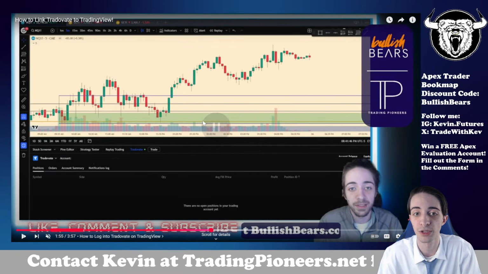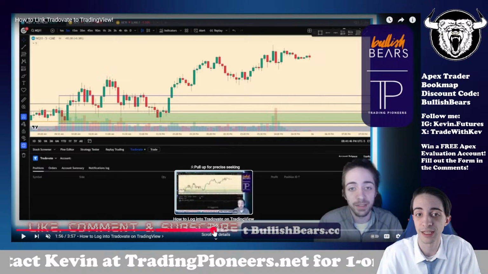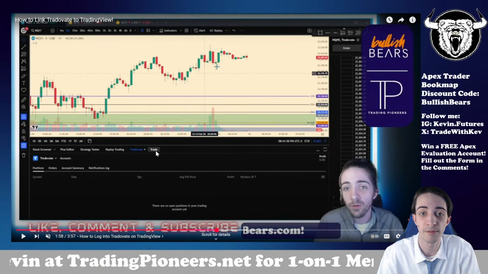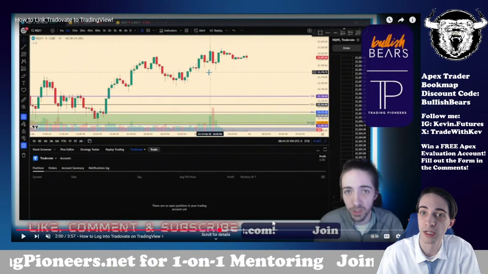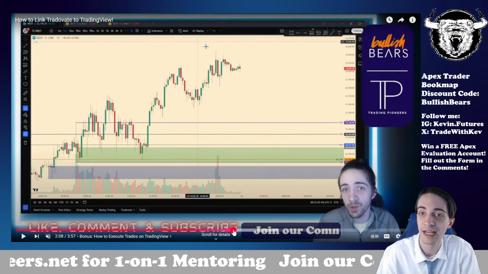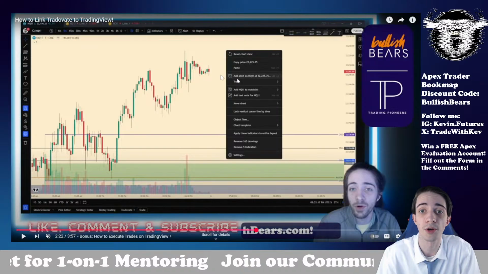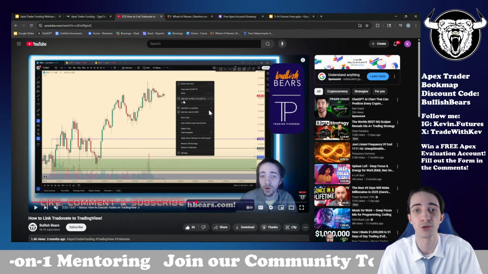Really great stuff, really useful, very helpful. I think I do also cover, if you hit the trade icon right next to Tradovate, it pulls up your depth of market on the right hand side over here, and that's how you could execute your trades. You could also right click and hit trade and add new trades as well.